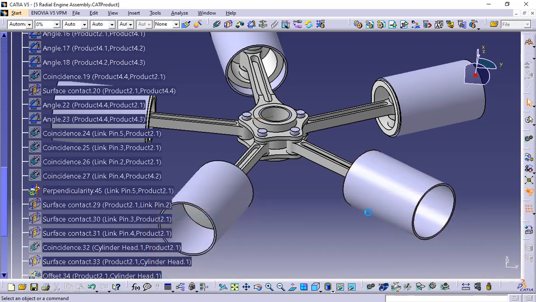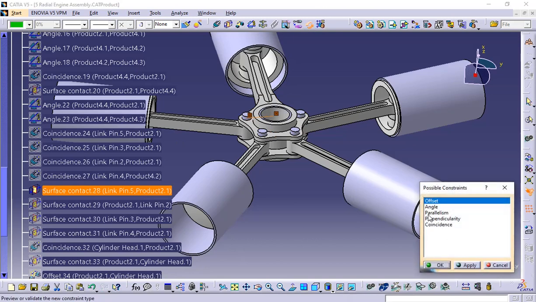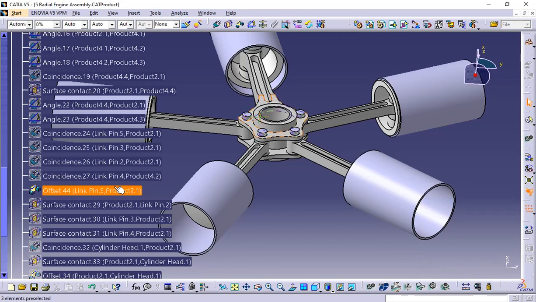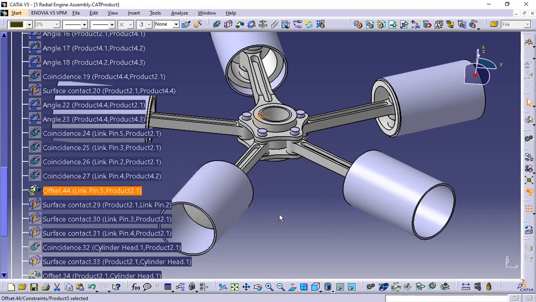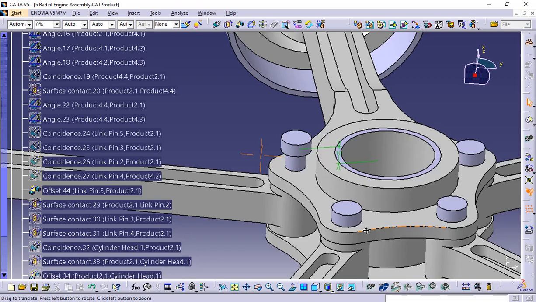So instead of that, we'll select the other option. Instead of surface contact, I'm gonna select this offset. Okay, so in this offset, I'm going to enter the value as 10 mm and click OK. And now let's update it by pressing Ctrl U. So after doing that, you can see that